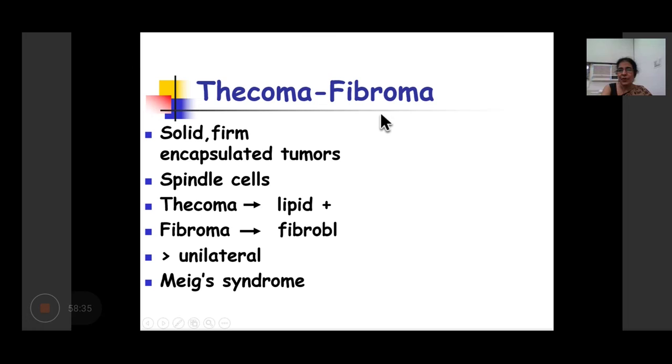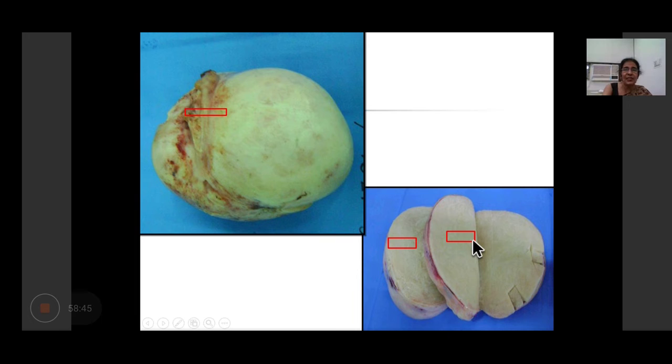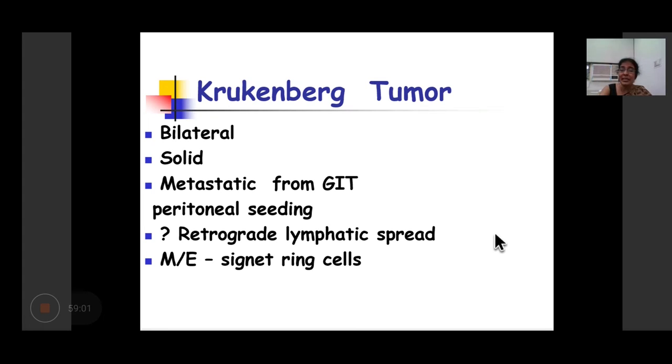So a fibroma of the ovary occurring with a same-sided or ipsilateral pleural effusion and ascites is called Meigs syndrome. So Meigs syndrome is associated with ovarian fibroma in which there is ipsilateral pleural effusion along with ascites and a solid ovarian mass. So this is a completely solid, white, firm mass of the ovary. No hemorrhage, no necrosis. It's a completely benign tumor. You remove the tumor, all symptoms subside, including pleural effusion and ascites. So it's not a malignant ascites, it's only secretion from it.